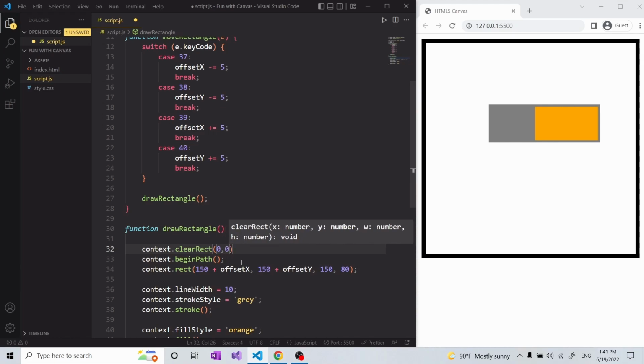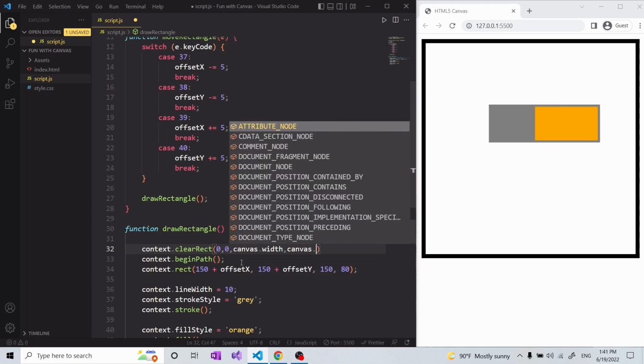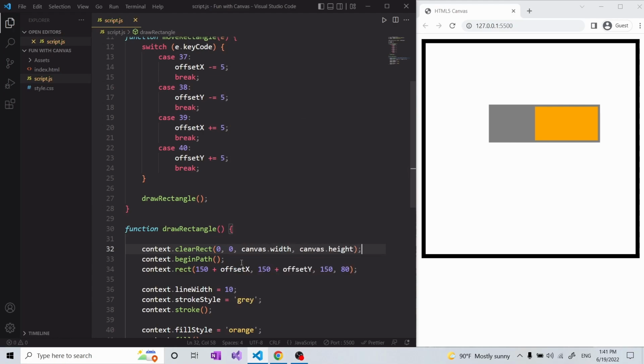So canvas.width and canvas.height. So we clear and then we draw. Okay, so movement until now seems fine. It moves in the four directions, the up and down, and the right and